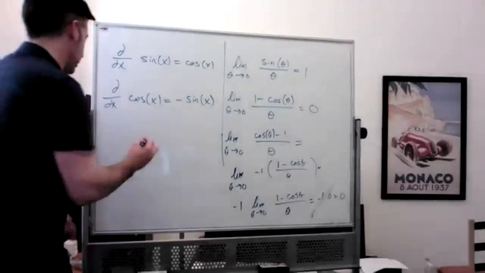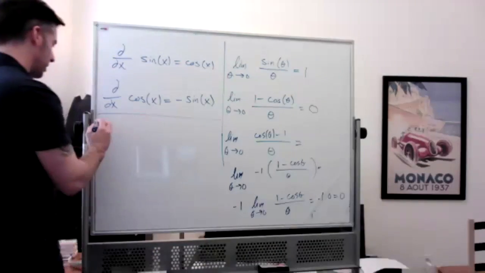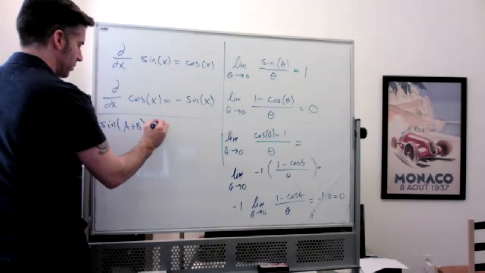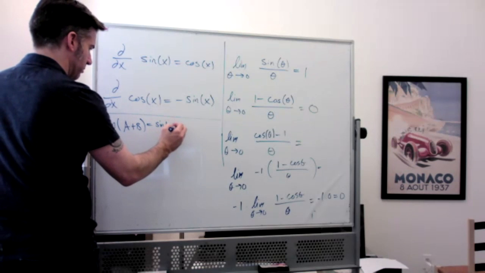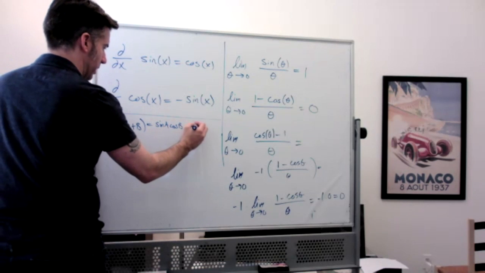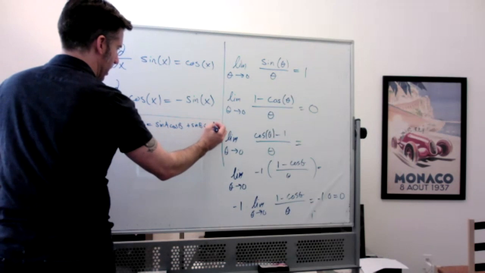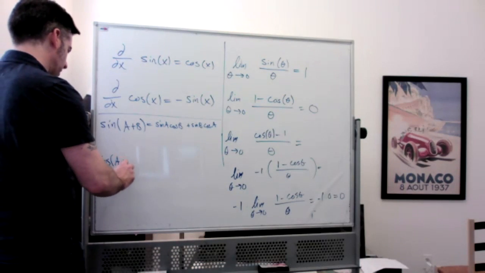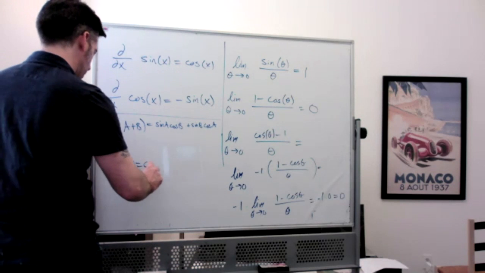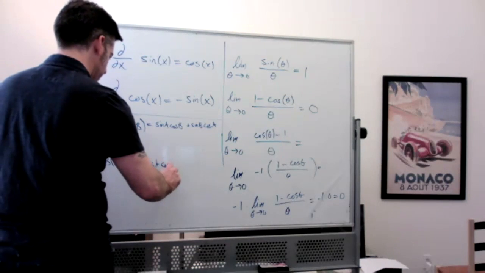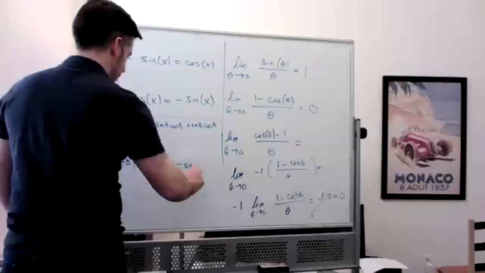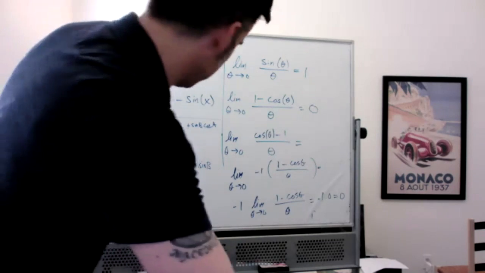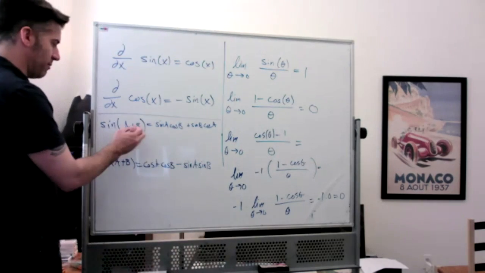The one you need for the derivative of sine is that sine of A plus B is equal to sine A cosine B plus sine B cosine A. Whereas the cosine one, cosine of A plus B, is equal to cosine A times cosine B minus sine A times sine B. And I'll just point out, since we're here already, that if it's sine of A minus B,